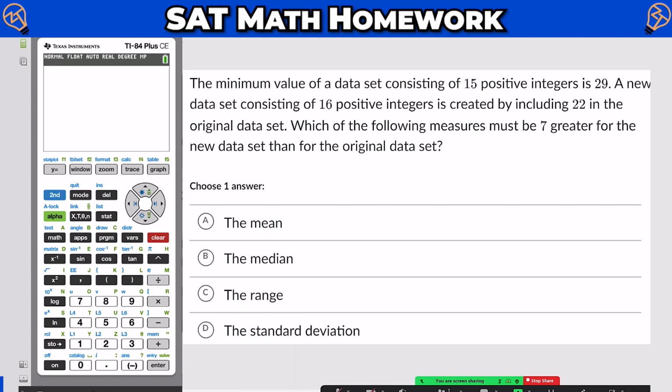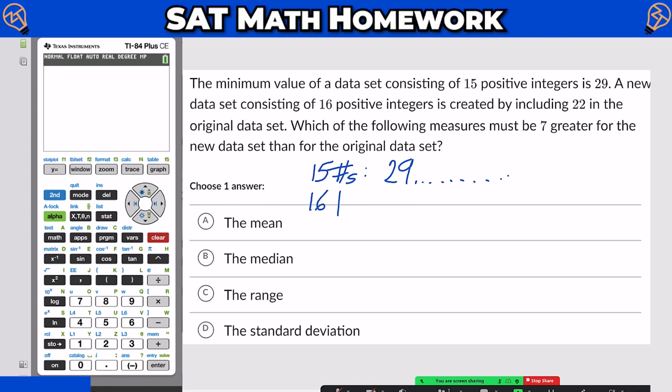This is a pretty interesting question here. So they say if you have a set of 15 positive integers, I'm going to put 15 numbers here. I promise that symbol used to mean numbers before it became hashtag, but it says the minimum value is 29, and we know that there's 14 other numbers after it. But the idea is the smallest one's 29, 14 other numbers,